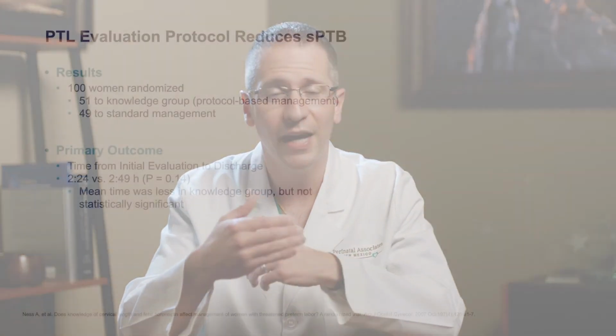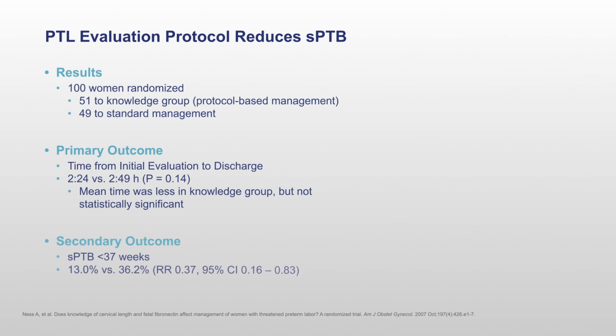And in Ness's study, they actually saw an unanticipated outcome. They saw that the preterm birth rate was less in the group that was evaluated using a protocol versus the women that were randomly assessed in an unprotocolized fashion. They had a markedly higher preterm birth rate. The relative risk was 0.37. That means that there was a 63% improvement in the risk of spontaneous preterm birth less than 37 weeks simply